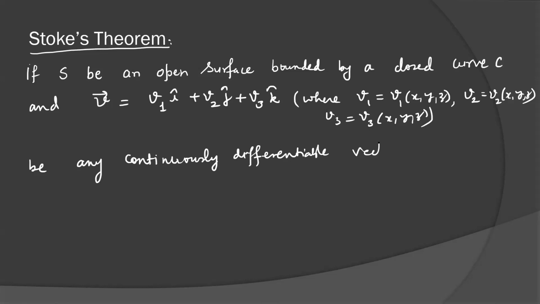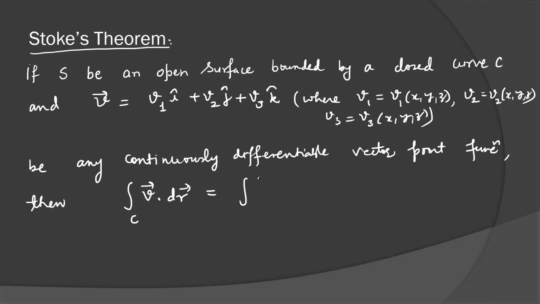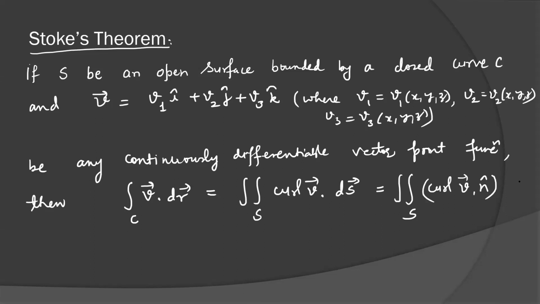Differentiable vector point function, then the line integral V dot dr is equal to the surface integral curl V into ds vector, or some people represent like this: curl V into n cap ds magnitude, because ds vector is n cap into ds, so we can write like this also,